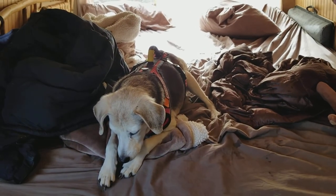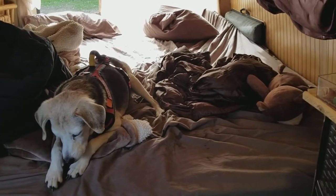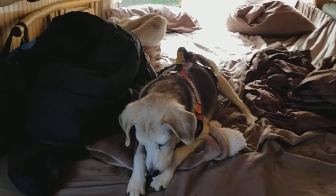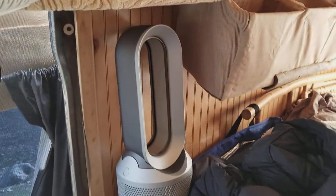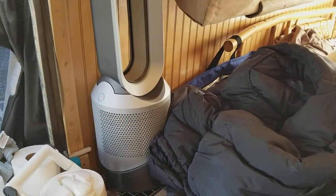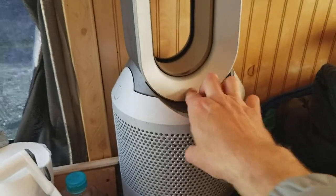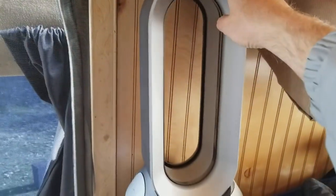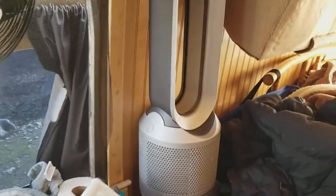A secondary source of heat: if I am plugged into a campground, why not use their power to save me money on not having to burn my diesel from my fuel tank? So here I have this Dyson heater. These are expensive, about $350 on up, and the reason why I like this one for electric is because